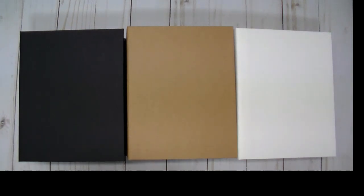I do also make custom sizes. You would just want to email me to find out the price. Depending on what size album you want, how many pages you want, will determine the price on that. But these are the standard ones that I always have for sale, and I'll have all the information down in